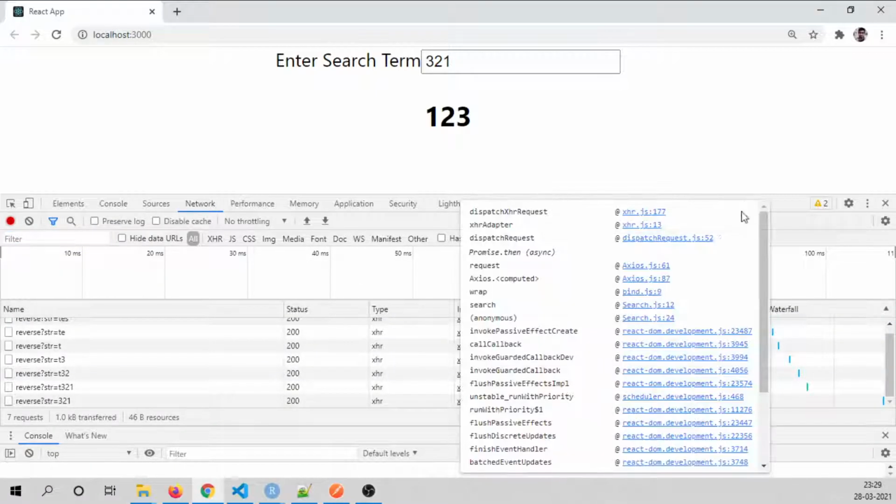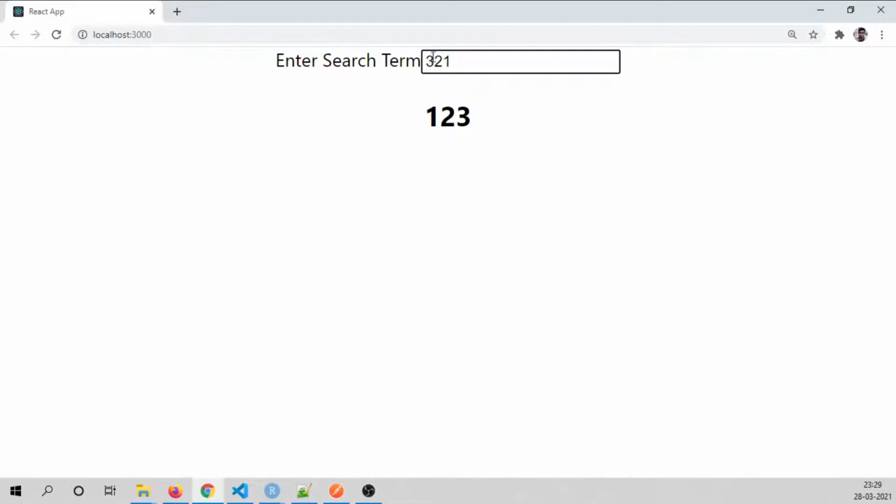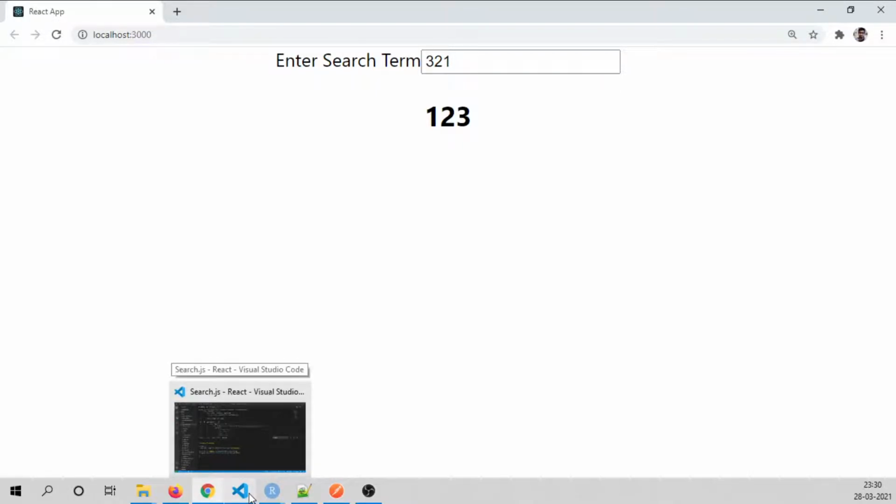So let's start. I will go through the folder structure, how I have built the front end in React, and then I will switch to Plumber, how I make an API in R, and after that how I connect the Plumber and the React using Axios in React. So let's go to our code, that is the React application.